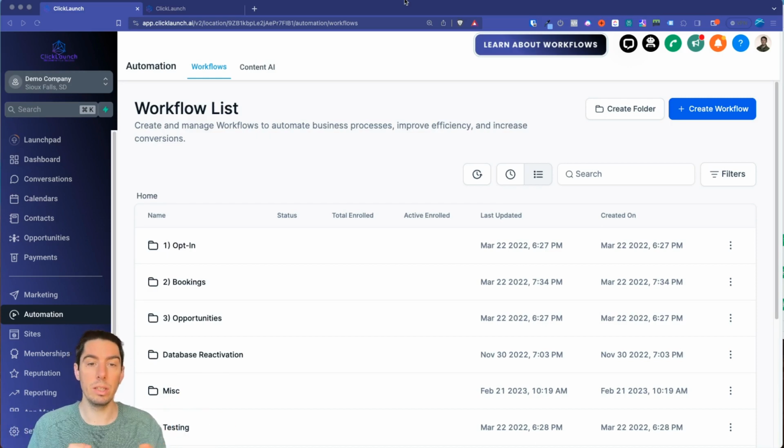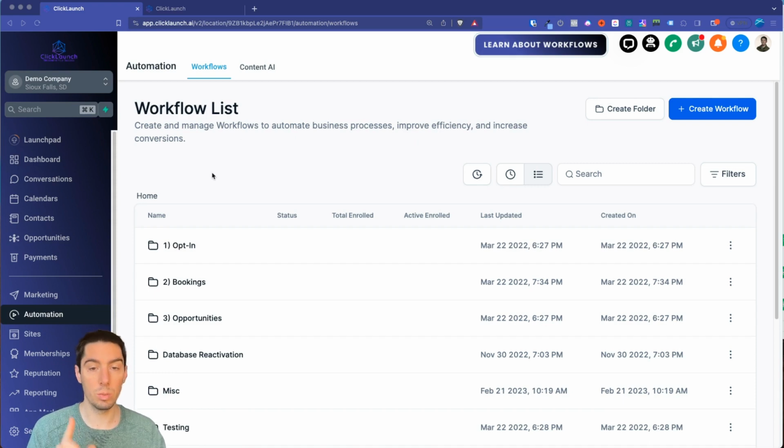All right, so say you have a workflow going, we'll say a database reactivation, where you're saying, hey, do you want to get this special offer? They say yes. Then you reply back by saying, great, would you want to bring a friend? And they say yes. And then you say, okay, what is their name? What is their email? What is their phone? Now, once you collect that information, you want to have a workflow or you want to have HighLevel create their friend's contact in the system. Let me show you how to do that.